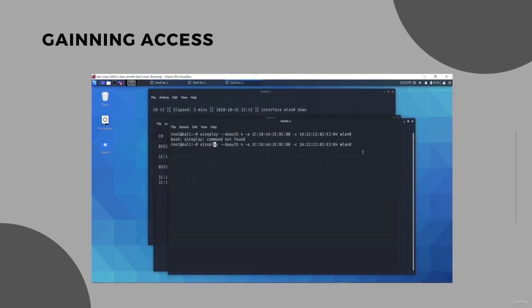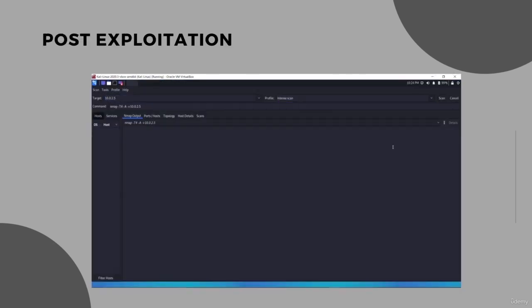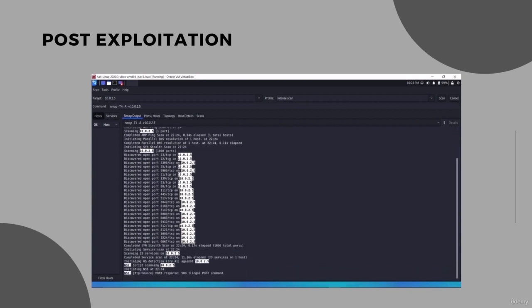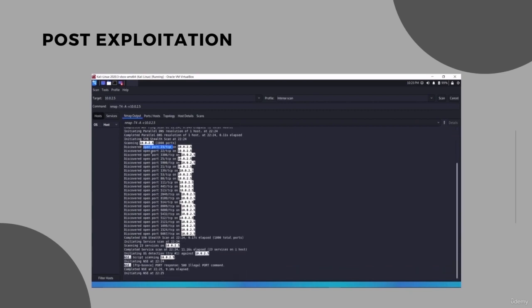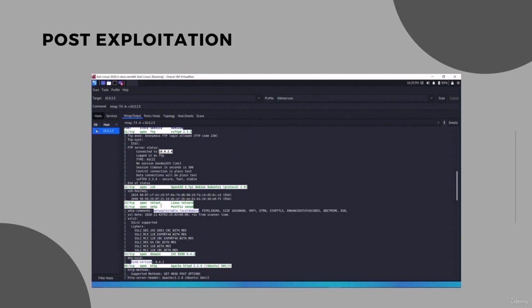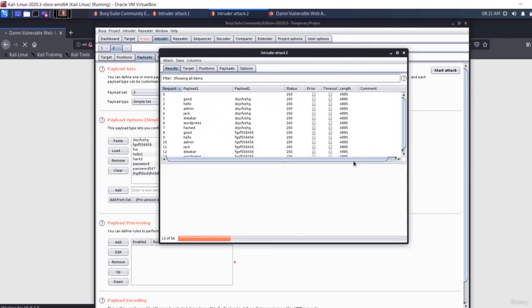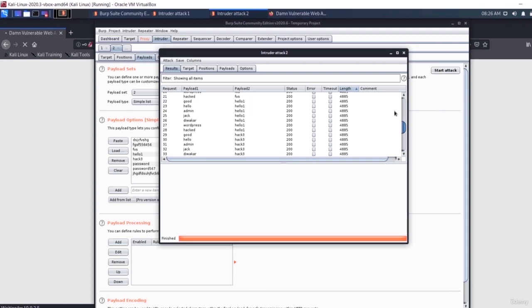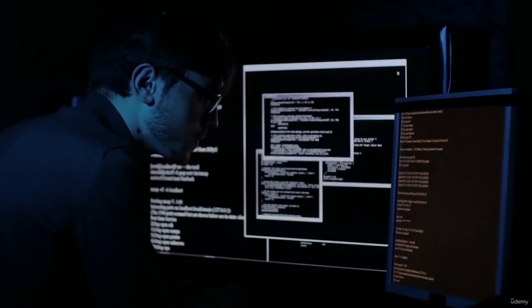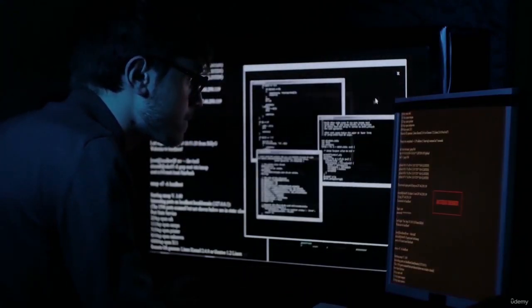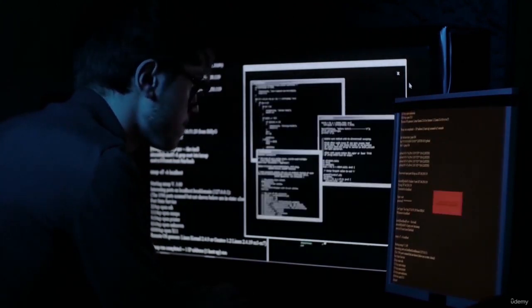In the post-exploitation section, we will learn what you can do with the access that we gained in the previous section. So, we will learn how to interact with the file system, how to execute a system command and how to open the webcam. In the website hacking section, we will learn how websites work and how to gather comprehensive information about a website. In the end, we will see how to hack websites in the same way as black hat hackers do. So, whether you're a beginner or a professional, this course is for you.